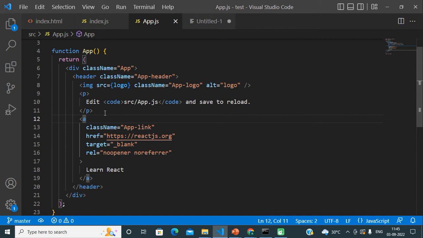Because the React team, the company, the engineers who were developing React.js, their intention was to keep things simple. So instead of keeping HTML and related JavaScript in two separate files, it is always good to keep HTML and JavaScript logic in the same file, so that it will be good to manage and maintain our code.